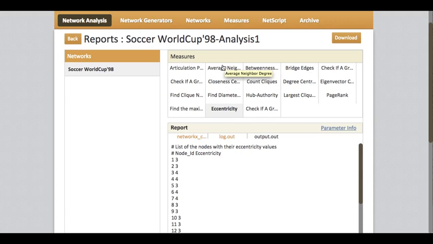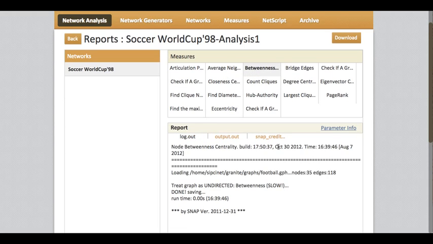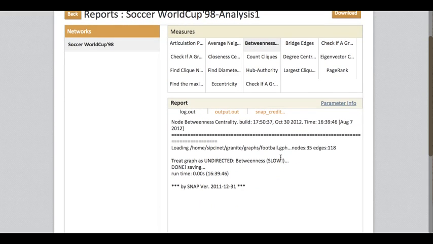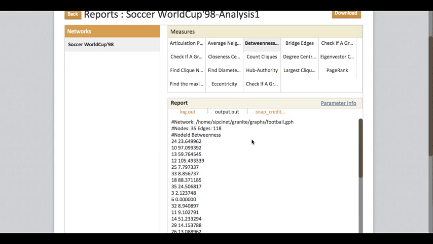We'll start with betweenness centrality. Yeah, we have 35 nodes and 118 edges. And as far as betweenness centrality is concerned,